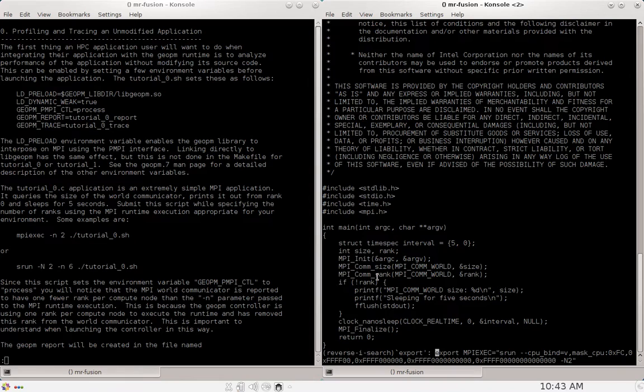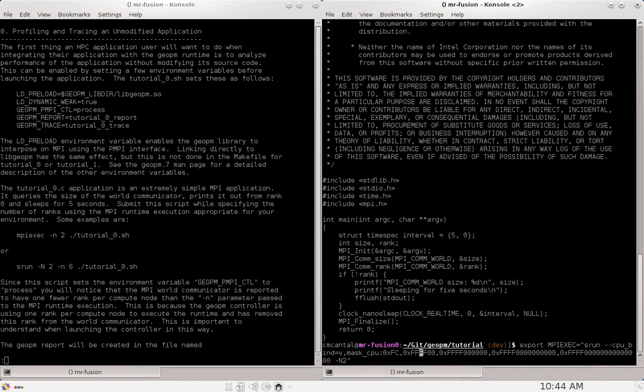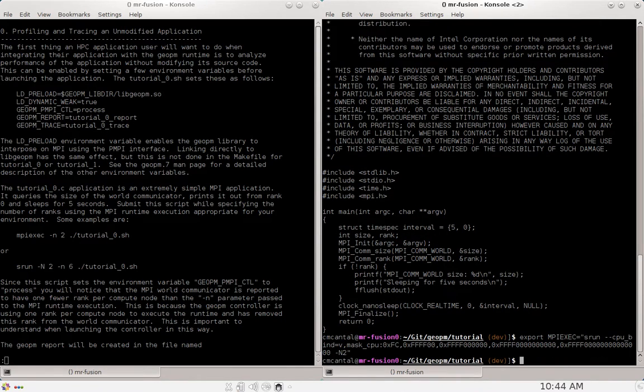If we export our MPI exec environment variable to use Slurm's srun to launch, and we use Slurm's method for binding those processes to particular CPUs, which is a requirement that GEOPM has, that each application process is bound to a unique set of CPUs. And then we launch using 2 nodes. If we then execute